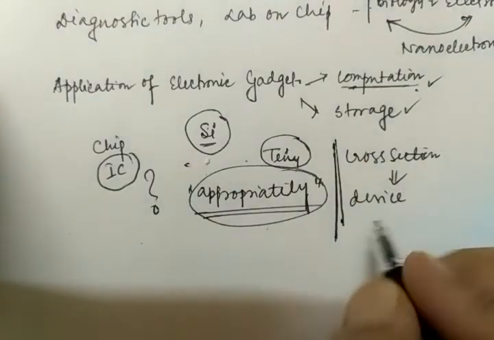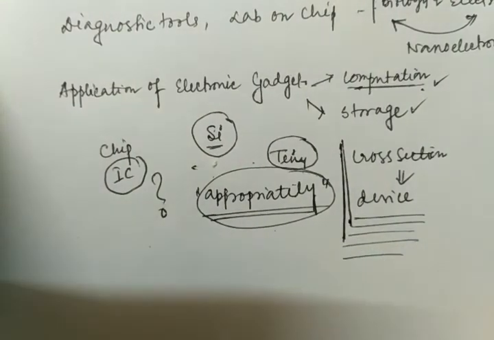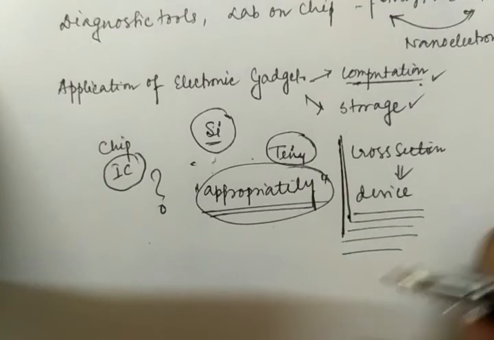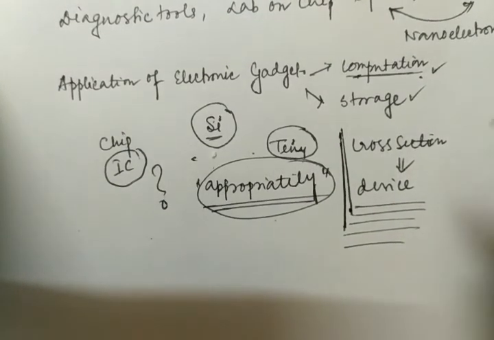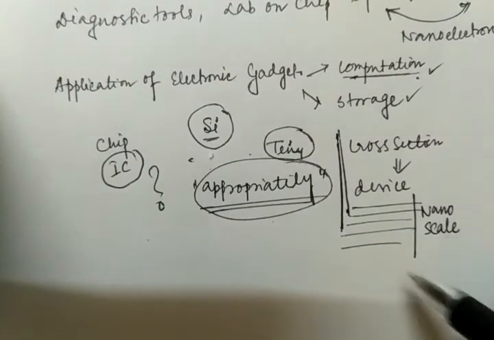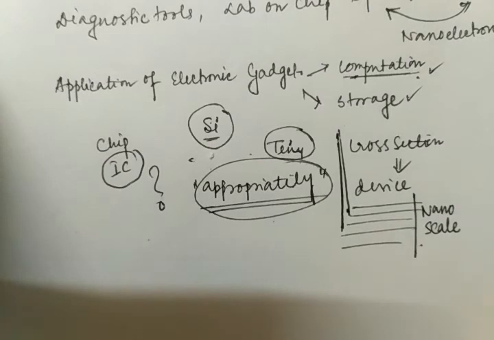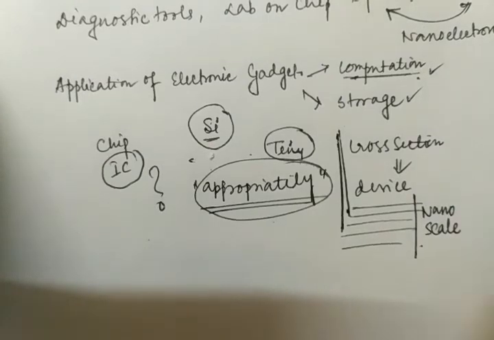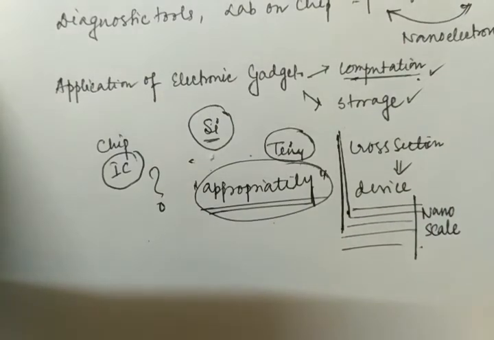And we will see that there are different kinds of layers by which the device is formed at the nanoscale. But to design a device at the nanoscale, various techniques are followed, for example lithography, ion implantation, diffusion. All of these will be studied in detail in nanoelectronics, but that is a later part. The very detailed part I will come to whenever it is time to discuss.